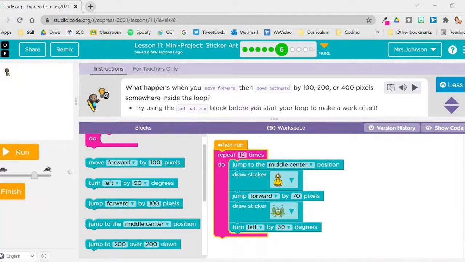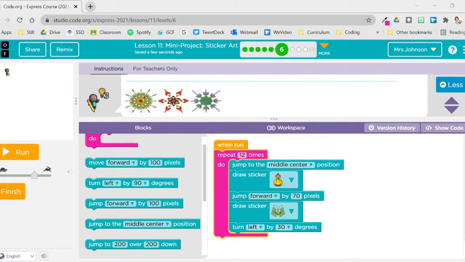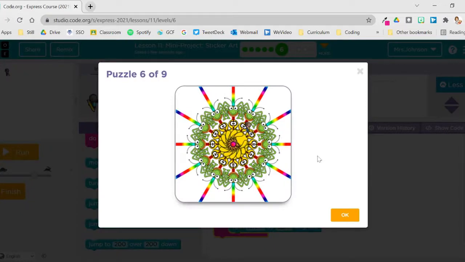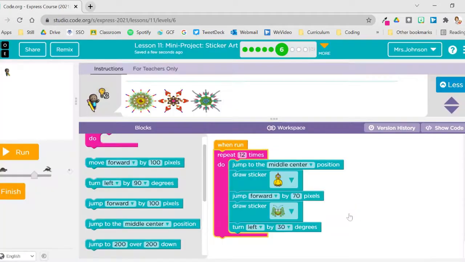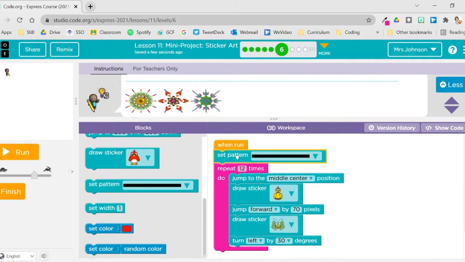Alrighty, so we're on bubble 6 here now. What happens when you move forward, then backward by 100, 200, or 400 pixels somewhere inside the loop? Try using the set pattern block before you start your loop to make a work of art. So I'm going to try to make this one. So I need to first pull out my set pattern and put it before my loop. And I'm going to go ahead and make this be, whoops,